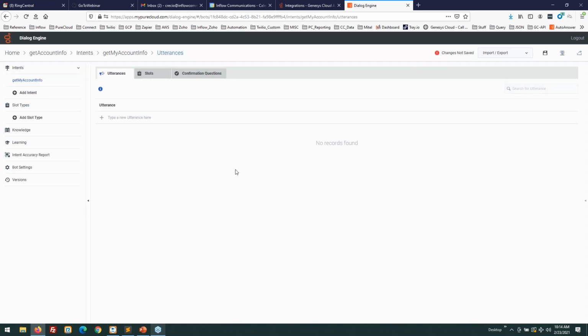Once I have an intent, I need to actually satisfy information that likely clients are going to request. So that's known as an utterance. What sort of dialogue am I looking for? So I might hear a customer say, can I get my account information? I'd like my account balance. I need some account info. And you just need to put enough utterances just to get the conversation started.